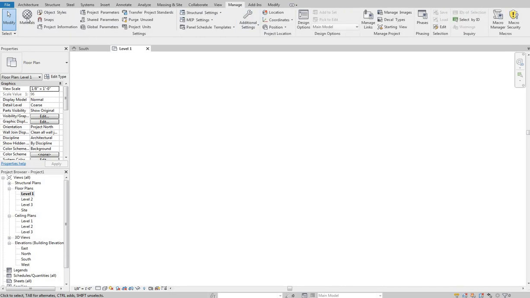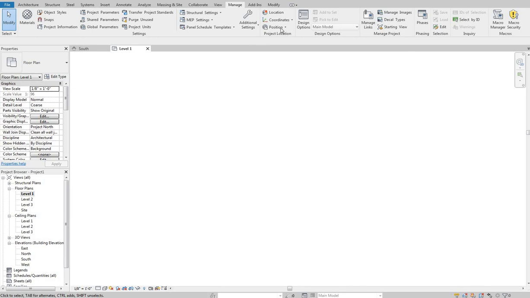Moving on to the Manage tab, this is your overall project management stuff, so dealing with phases and creating different design options, so you can create multiple iterations. Maybe you've got the exterior of the building figured out, but you're trying to figure out interior layouts. You can do multiple options and cycle through those over and over to show a client or a project team some different options, and then you can accept one of those,